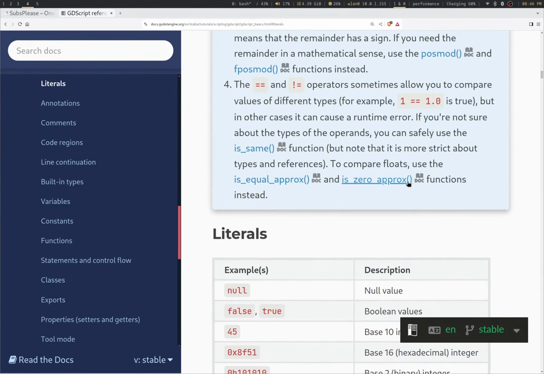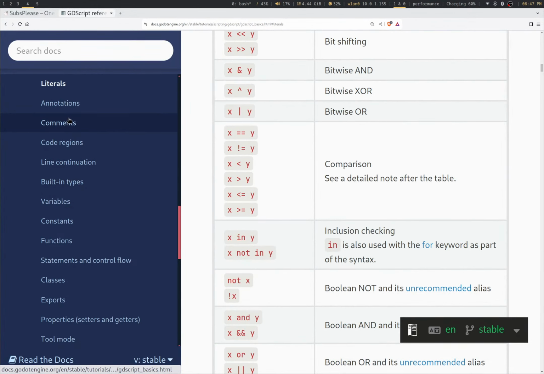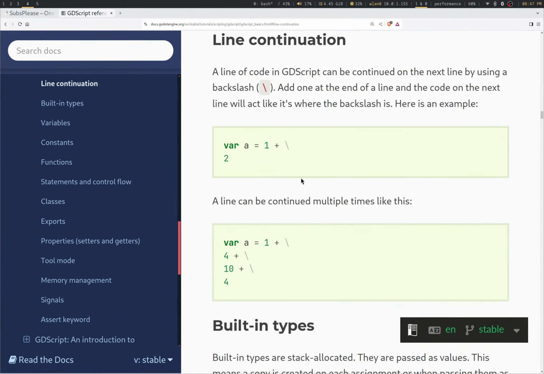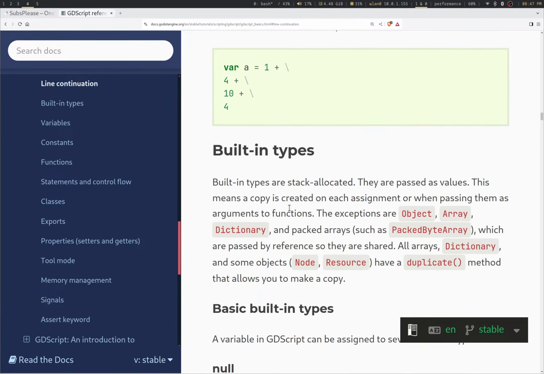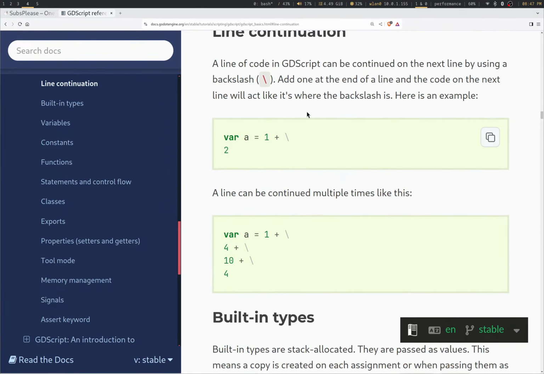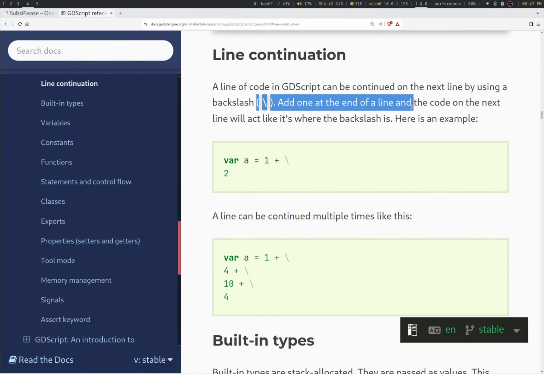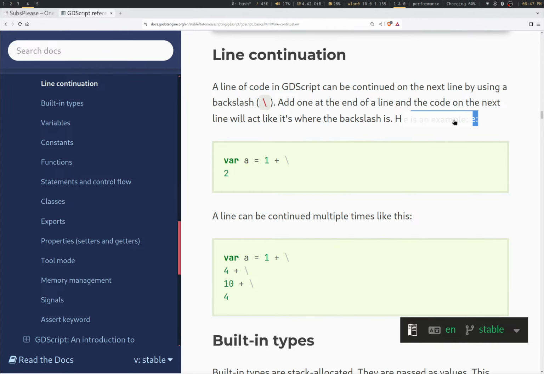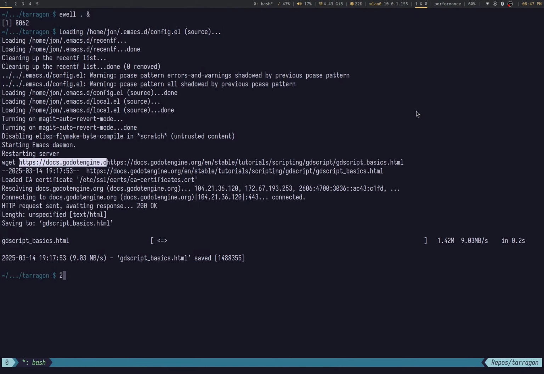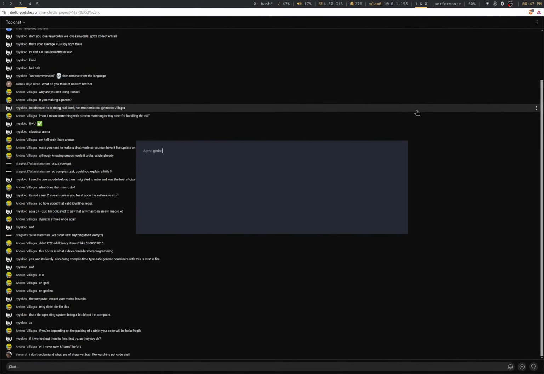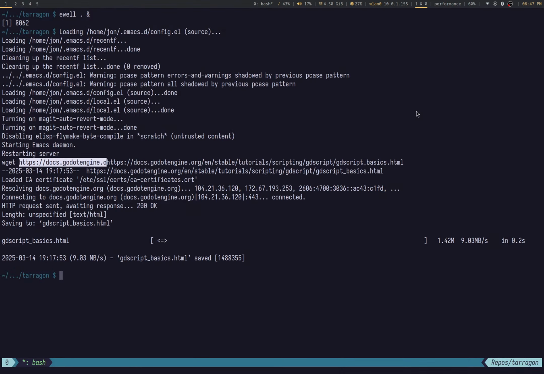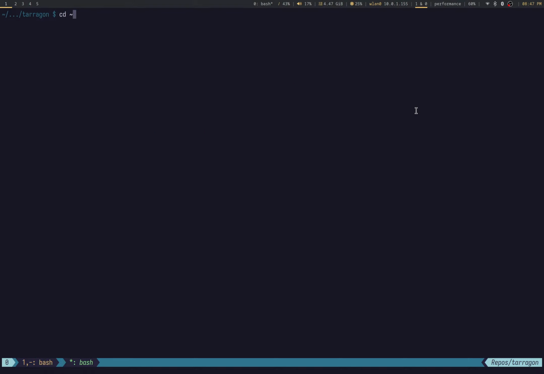All right, so here's the question about the line continuation. Built-in types. Backslash. Can I comment after a line continuation? Here's how we figure it out. I got my bins.